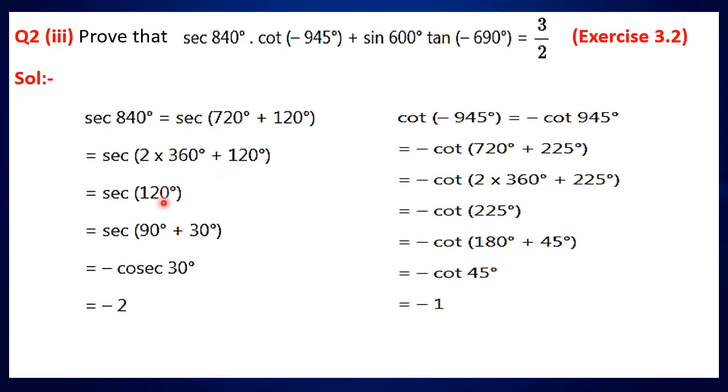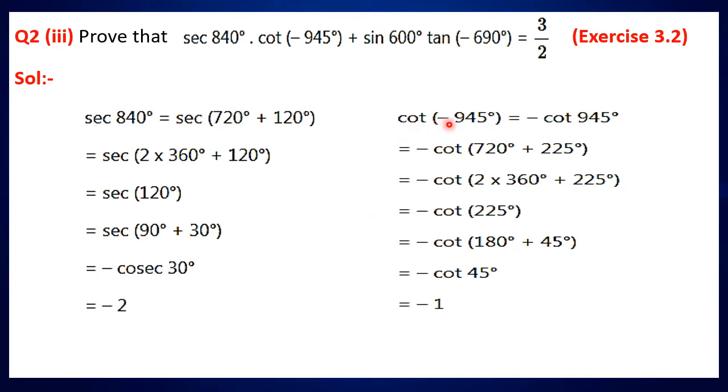So in between step we avoid writing the sign, and sec 120 degree can be again rewritten as the multiple of 90 plus 30 degree. So 1 into 90, 1 is odd, also odd multiple. We know that the co-function of this trigonometry function will be obtained. So co-function of sec is cosec. Cosec 30 degree, and it is in the second quadrant, so we use the negative sign. So minus 2 is the answer.